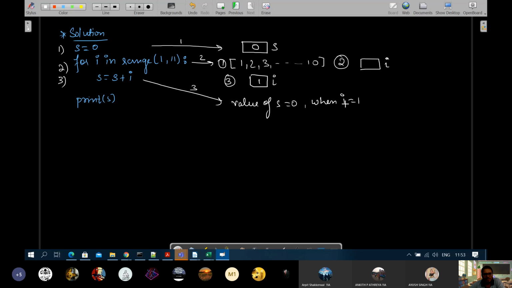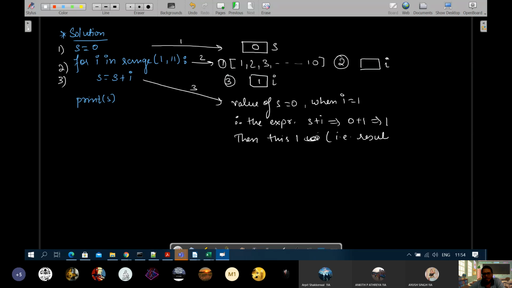Okay, when I is 1 for the first time. So the expression s plus I will give you how much? 0 plus 1. This is equals to 1. And then this 1 will be assigned to this one, that is